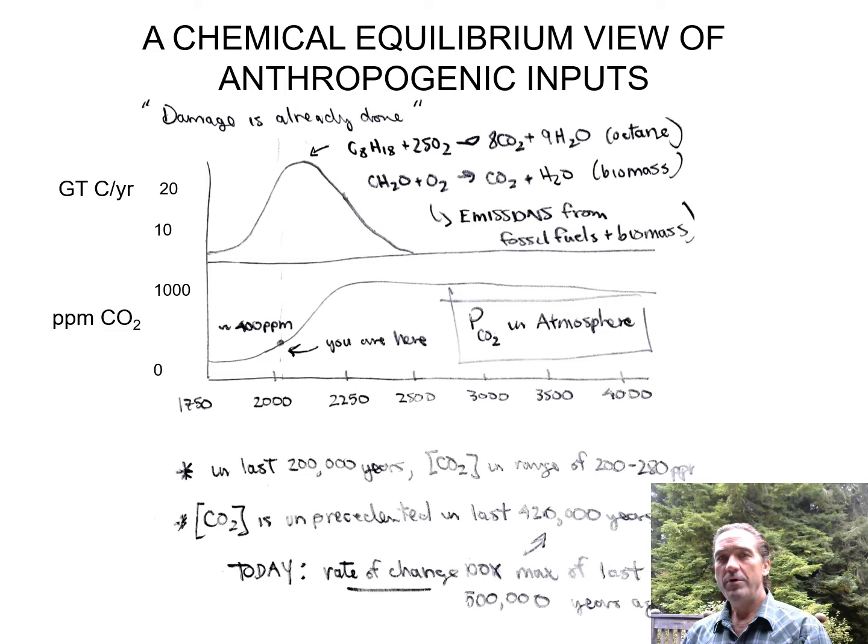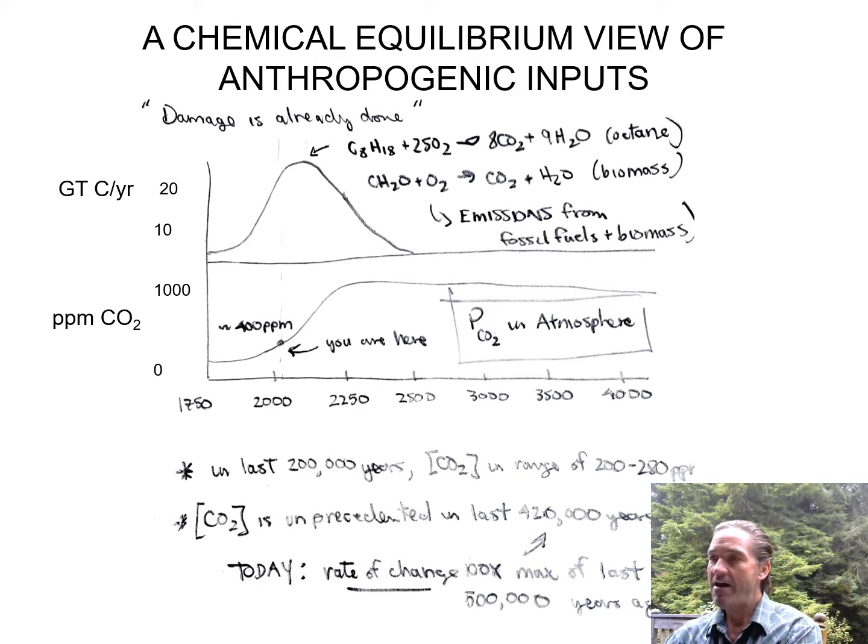So let's take what we know about the carbon cycle and the fact that it does take 2,000 years for the cycle to completely turn over. And let's think about the activities that we're doing today in terms of burning of fossil fuels and emitting that carbon into the atmosphere. And so what I have in this plot